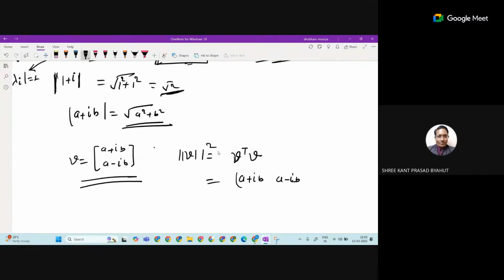You have to follow that. Not only this one, you have to do the conjugate of this as well. So here we have to take the conjugate: A minus IB, and this is A plus IB. And now we are going to take